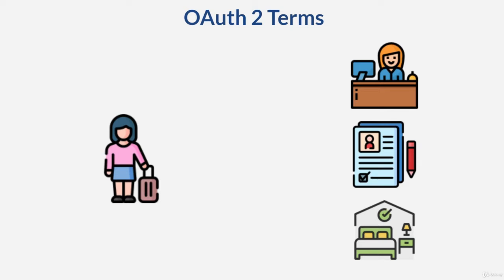In OAuth 2 terms, you are the client, the application that needs access to a protected resource. The hotel is the resource owner. This is generally the person or entity who is capable of granting access to a protected resource. For example, if an application needs to use data from one of Company Z's social media sites, then Company Z is the resource owner, the only one who can grant the app access to Company Z data.